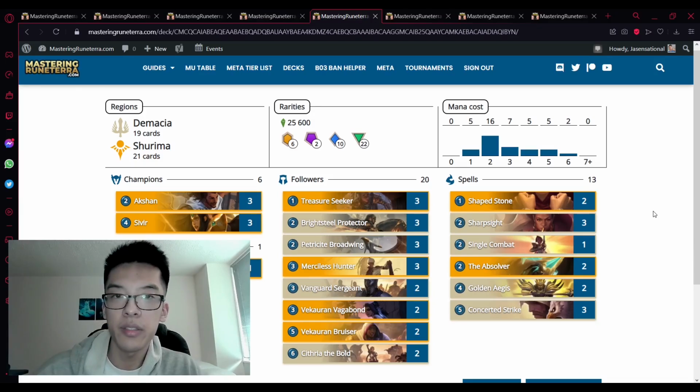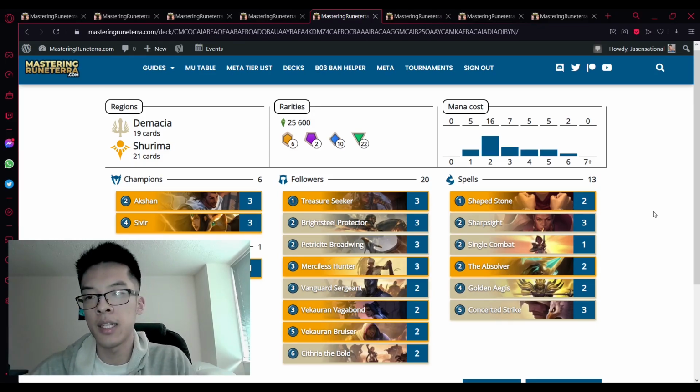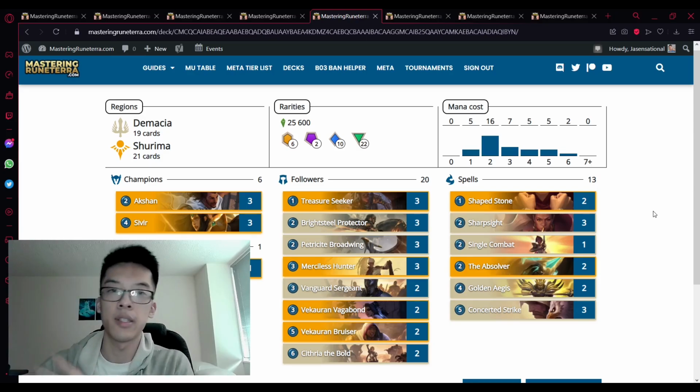Next up, we have another deck that has been played a lot in recent tournaments, and now has been shifting a little bit more into the ladder meta as well. This is Akshan Sivir. There's not much new with this sort of archetype, but the archetypes overall, especially into these Demacia mid-range decks, have generally benefited from the same new cards,